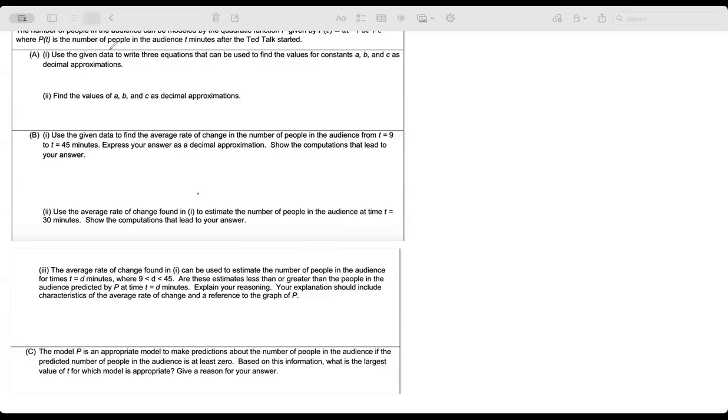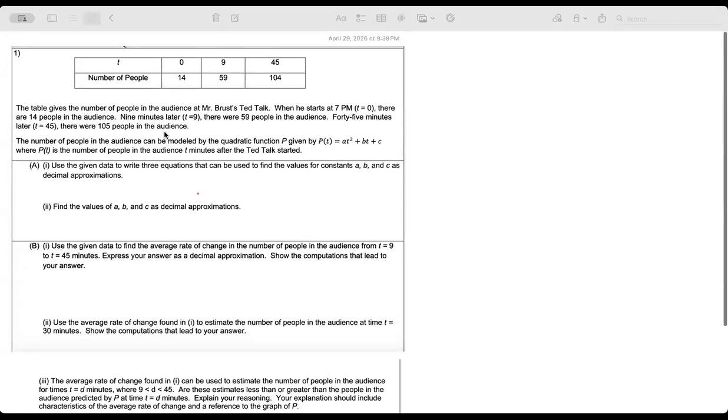So this is a quadratic equation, guys. So basically this is a quadratic equation, right? So the graph is going to be like what? It is an upward facing or a downward facing graph. So here, when you look at the graph in the calculator, it will be this graph. Now you did 9 and 45 minutes. This is increasing curve. This is 14. This is 104. Okay, so this one is 45.